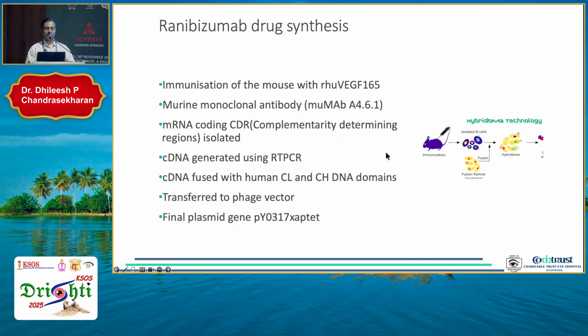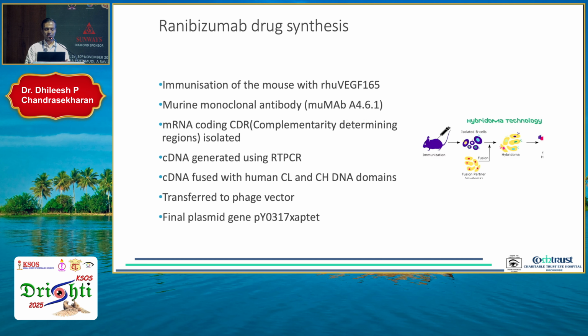Initially, it has been designed like this: a mouse is immunized with recombinant human VEGF, and this will result in monoclonal antibody formation within the spleen cells of the mouse, and we isolate the B cells, and using hybridoma technology we amplify these monoclonal antibodies, and the mRNA coding for the CDR, the complementarity determining region, is isolated, and then the DNA sequence